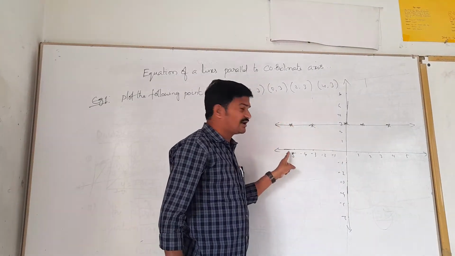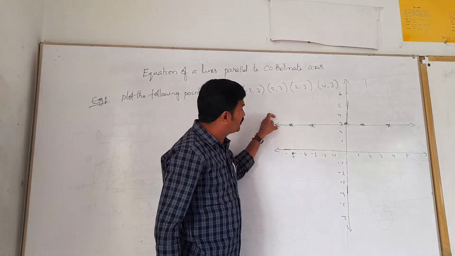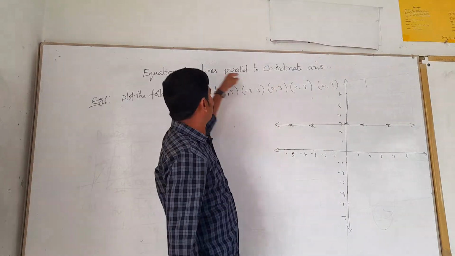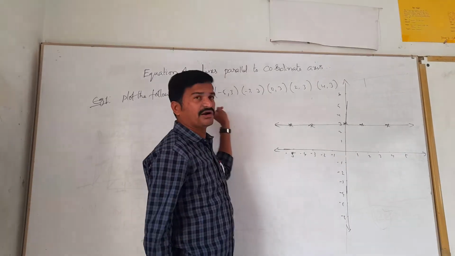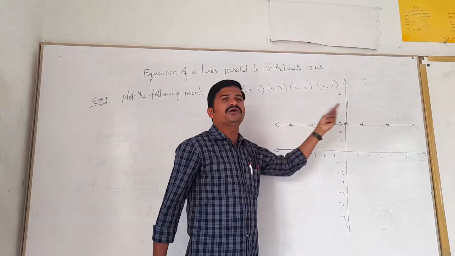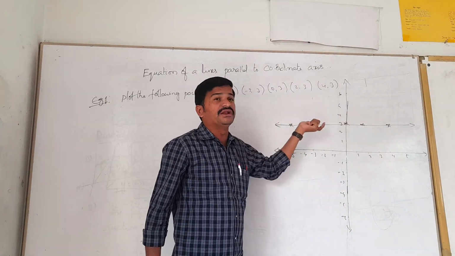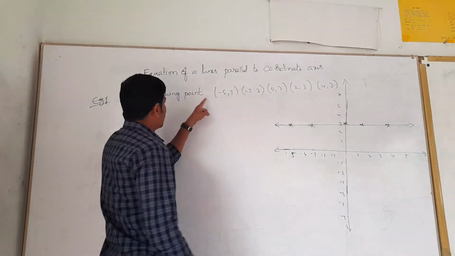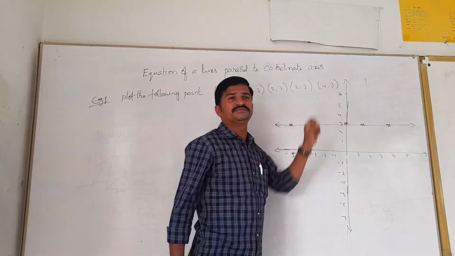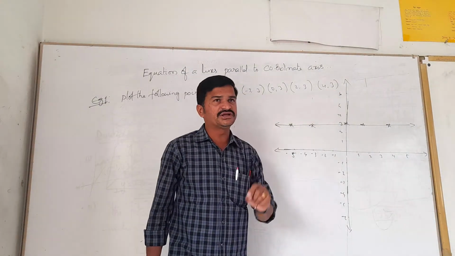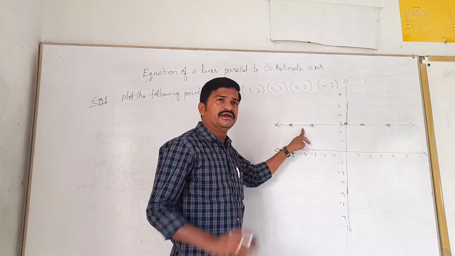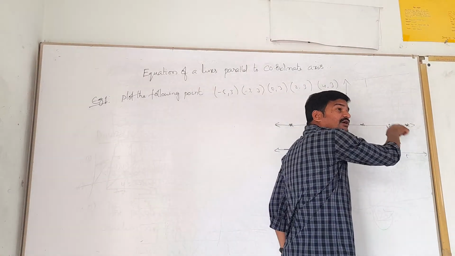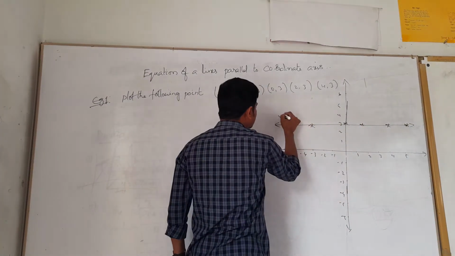This is the line which is parallel to the x-axis. So how can you give the name for this? Because I didn't give the equation. Here I just plotted all the points and joined them, and got one line. But how can you give the name? For that, think: what is the common nature among all these points? The y coordinate is 3 only, no? On this line, anywhere you plot a point, definitely the y coordinate should be 3 only. So shall we give for this y is equal to 3?